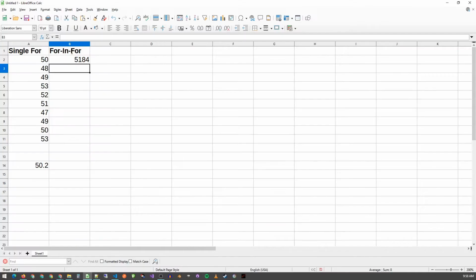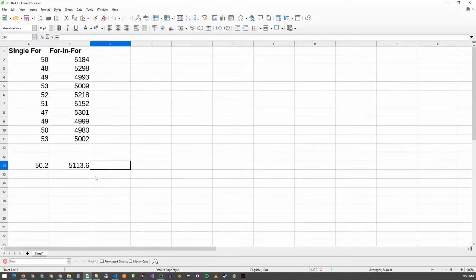Of course, I ran it 9 times more just to be sure, and the results are consistently bad. Like real bad. I didn't expect it to be 100 times more inefficient. And the scary part is that this piece of code can be hidden in a huge org with 10,000 lines of code, and it will be pretty hard to find and debug. Okay, so for in for can be really bad, but is it always bad?